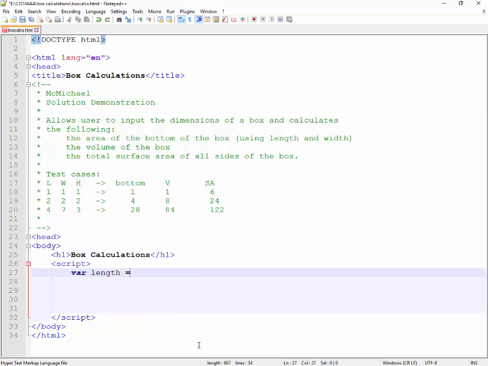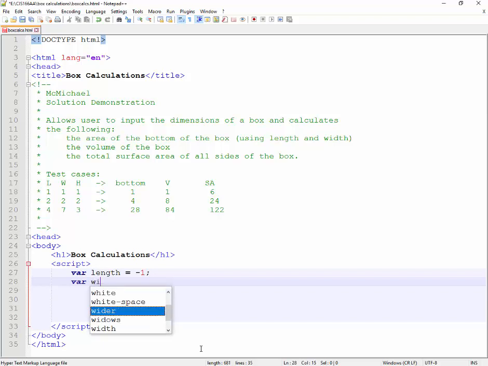So I'm going to have a variable called length. I also have this weird convention that I set them to default values that are sort of odd. So I set length to -1. And this is a conversation for another day. I don't need to get into it now, but it's a habit that I can't turn off. So if I don't mention it, you're going to wonder why I'm doing it. I just like to set them to a default value that is obviously incorrect, invalid data. So I'm going to have now